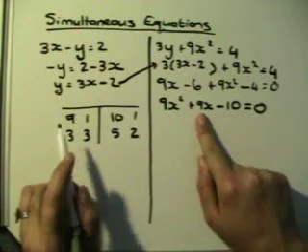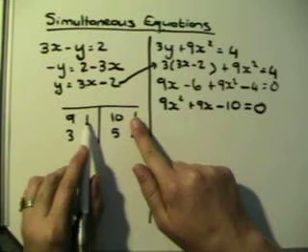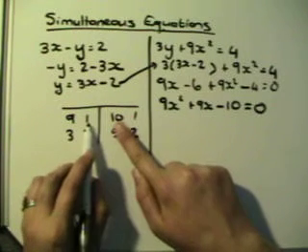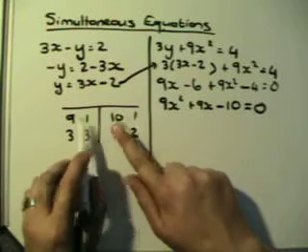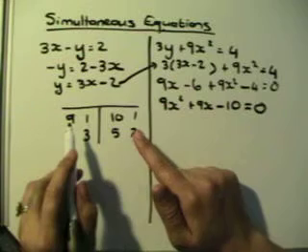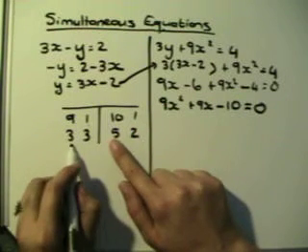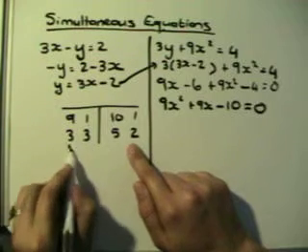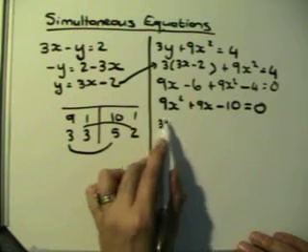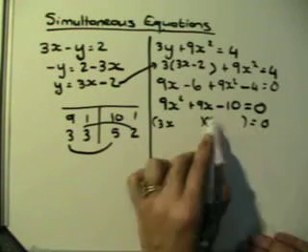to give me 9. So if I have, for instance, 9 times 10 is 90, 1 times 1 is 1, so 90 minus 1, or 10 times 1 and 9 times 1, 10 minus 9. I'm looking for something like that that gives me 9. Can you see that 15 minus 6 will give me 9? So then this is my x factor, so I will have a 3x and a 3x instead of the usual